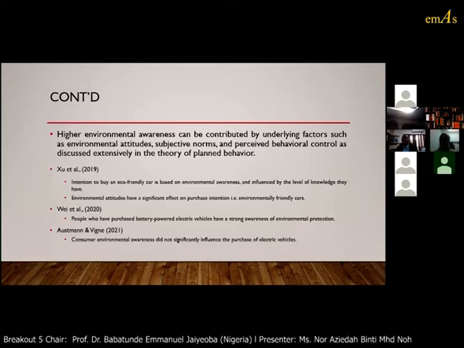Okay, that's interesting. It is one subsidy for another: while avoiding fuel subsidy, you can now give another subsidy for people to purchase electric vehicles. All right, that's an interesting finding. I can see that Associate Professor Dr. Wan Lisa has raised her hand. Can we listen to your contribution, please?